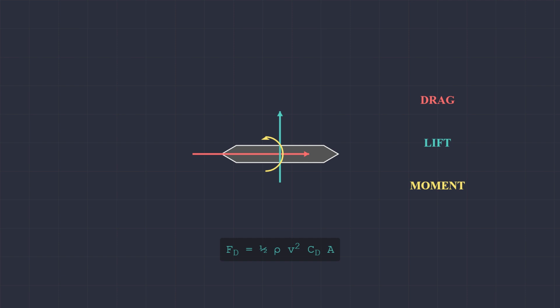The magnitude of the drag force is calculated as half the air density multiplied by the drag coefficient, the reference area, and the square of the wind velocity. Lift force is determined using the analogous lift coefficient. The pitching moment coefficient quantifies the rotational stability or instability of the cross-section. These three coefficients are highly dependent on the structure's specific cross-sectional geometry and the angle of attack relative to the